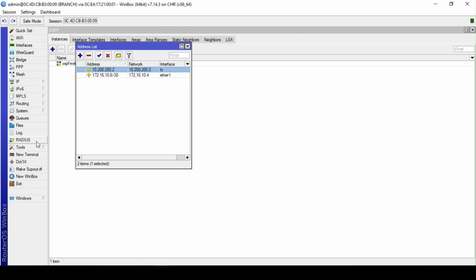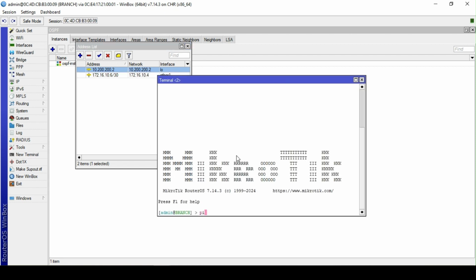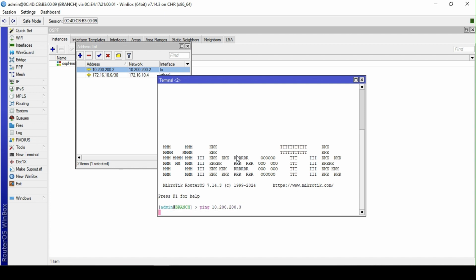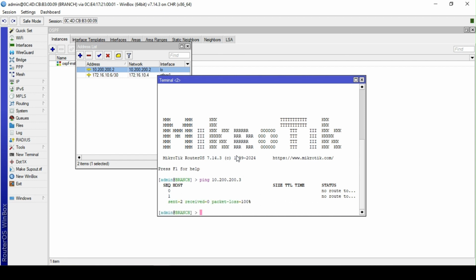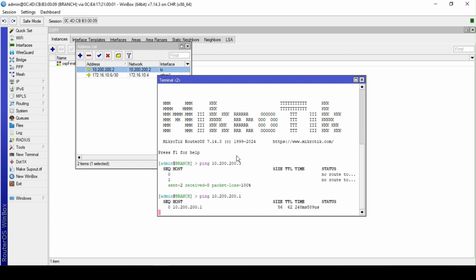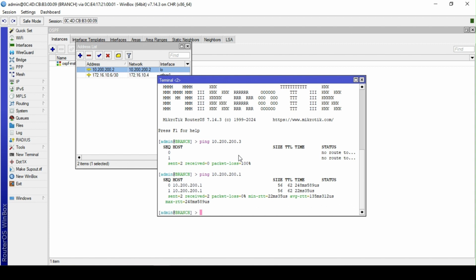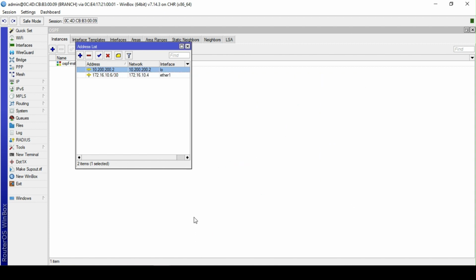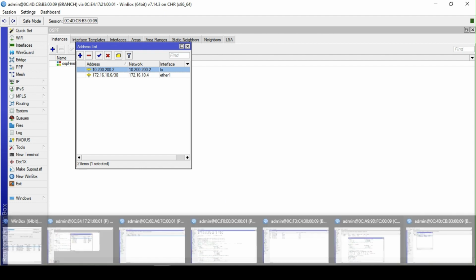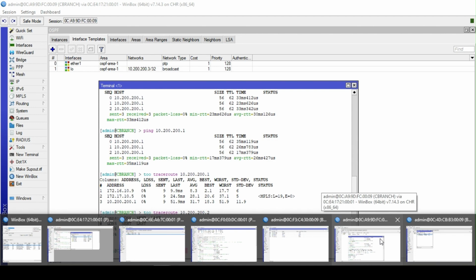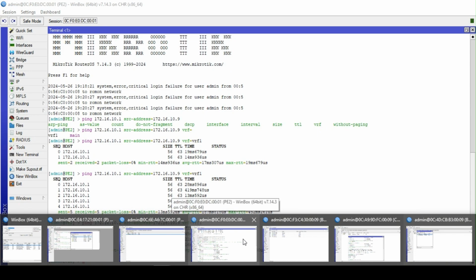So now if I want to ping 10.200.200.3, I still can't reach it. I can only reach the .1, which is the hub. So now, for the ISP to complete this route for them, because it's just the natural design that's supposed to occur since they are accessing their server at the hub, what you need to do as an ISP is just import their tag,